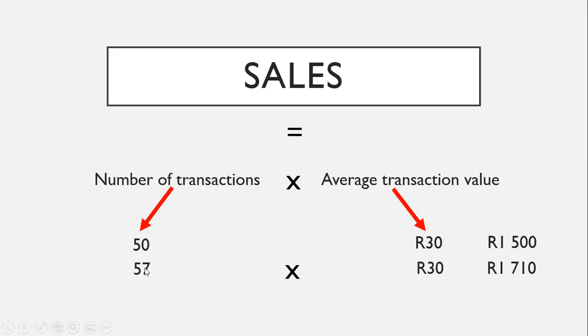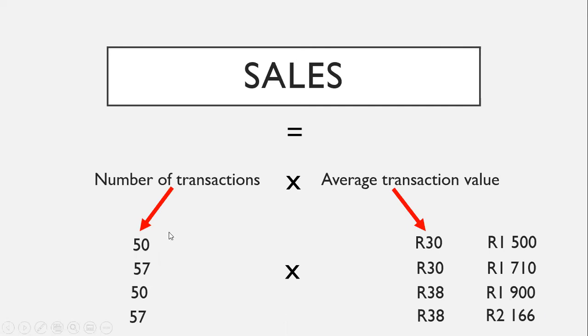If you increase your number of transactions and leave your transaction value the same, it will make your sales go up to 1,710. If you leave your number of transactions at 50, as in the first example, and multiply it by a transaction value of 38, your sales go up to 1,900. And then if you increase both, it goes up to